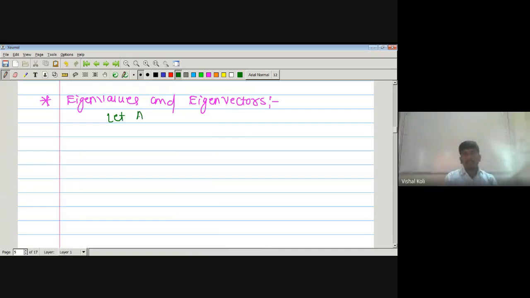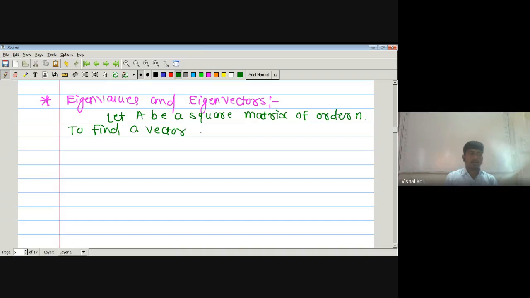Let capital A be a square matrix of order n. Now, to find a vector x and a constant lambda such that A into x equals lambda x, then